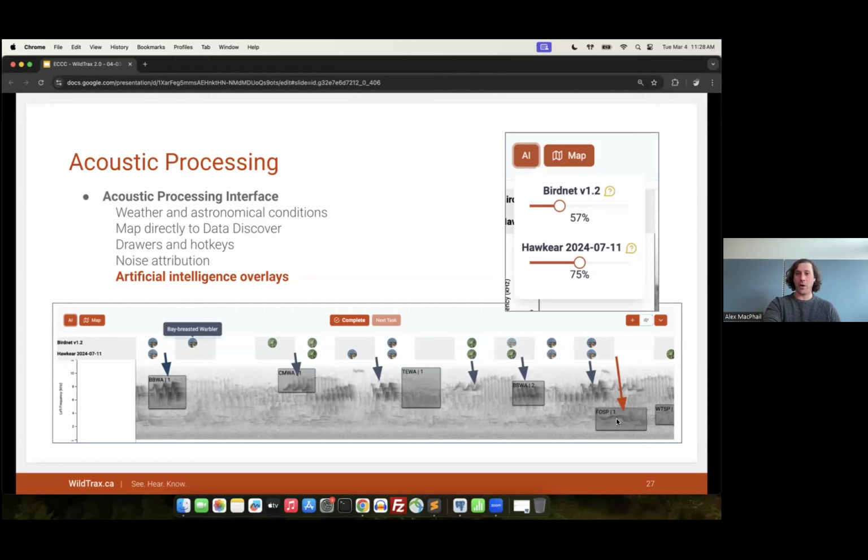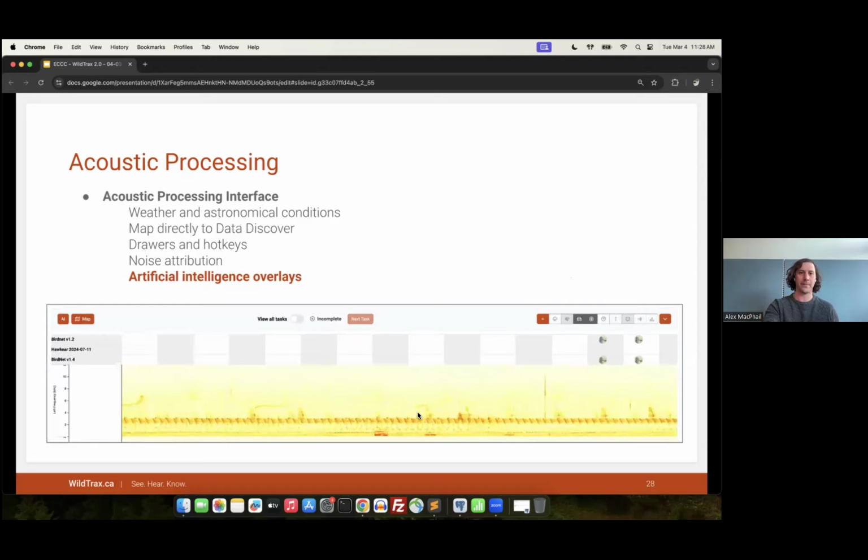Here's an example, though, where you are going to get situations where the AI is probably not going to detect the species you're looking for. So here's a fox sparrow just down here, but BirdNET was not able to find the fox sparrow, but the human was able to. And then here's another instance where we have a Tennessee warbler that was detected about 7 or 8 seconds within the recording, but it was actually detected a little bit earlier once you go back and check. The AI didn't detect either of those Tennessee warbler instances because it's faint, it's obstructed, it's in the background, and you've got way better performance on the ones that are clearer, stronger signals within the recording here.